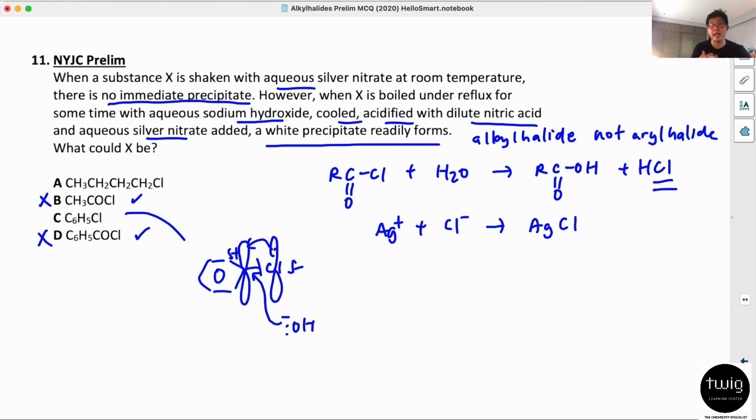Hence, you won't get any PPT. So the only PPT that can be formed is with alkyl halide. So the Cl minus will be kicked out. Right, so the answer is definitely A. Okay, let's look at